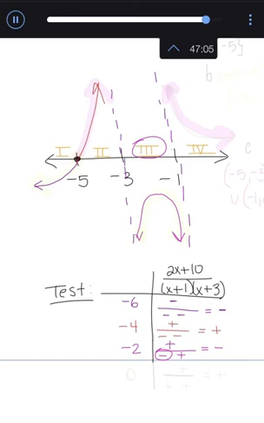Okay, last value I need to test is something that's going to be in that fourth region, something a little bit bigger than negative 1. Perfect value to test would be something like 0. So let's see what happens when you plug in 0. Well, if you plug in 0, you get a positive on top, a positive on the bottom, and another positive on the bottom. So, well, all positives means my answer is going to be positive. So it means in region 4, the entire thing should be positive above the x-axis. So now I should be able to answer all 3 questions because I've got my entire graph of all